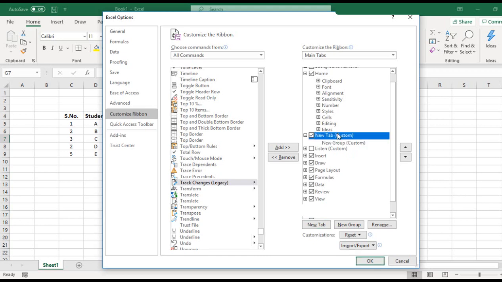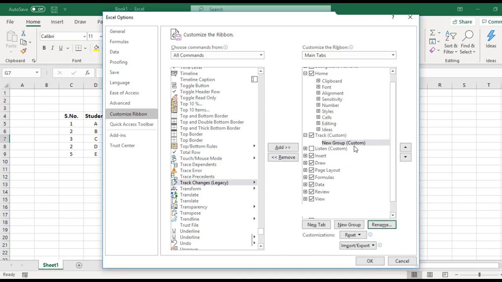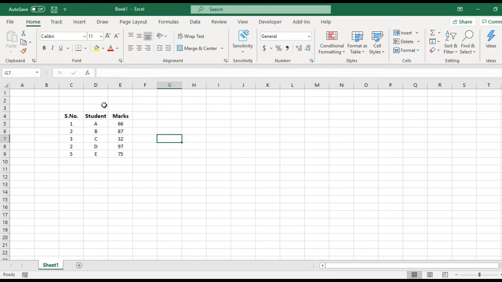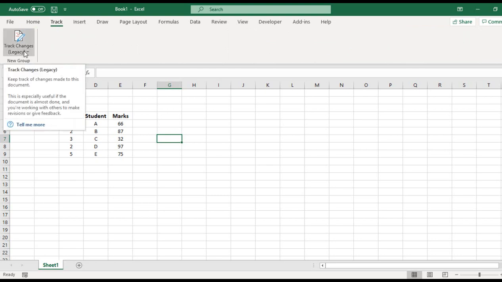Let's rename this new tab to track, and then click on the track changes legacy and add to it and click on OK. So you see this track button comes here, and under this we find this track changes legacy.